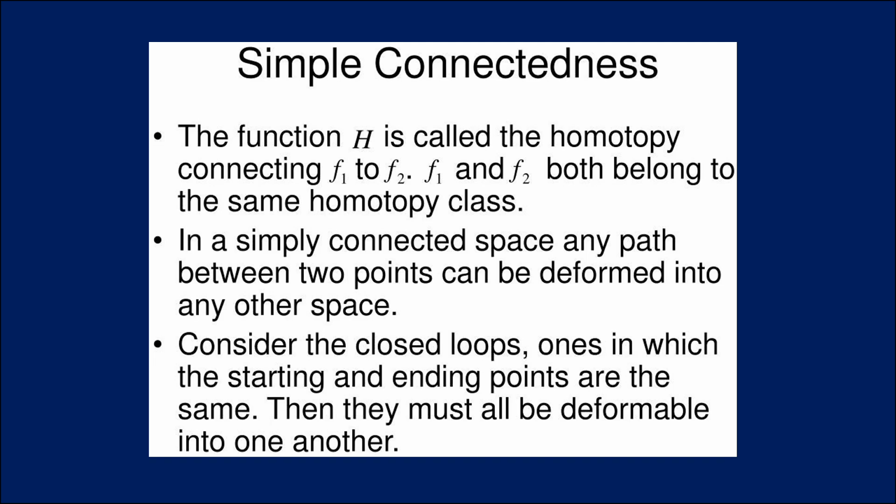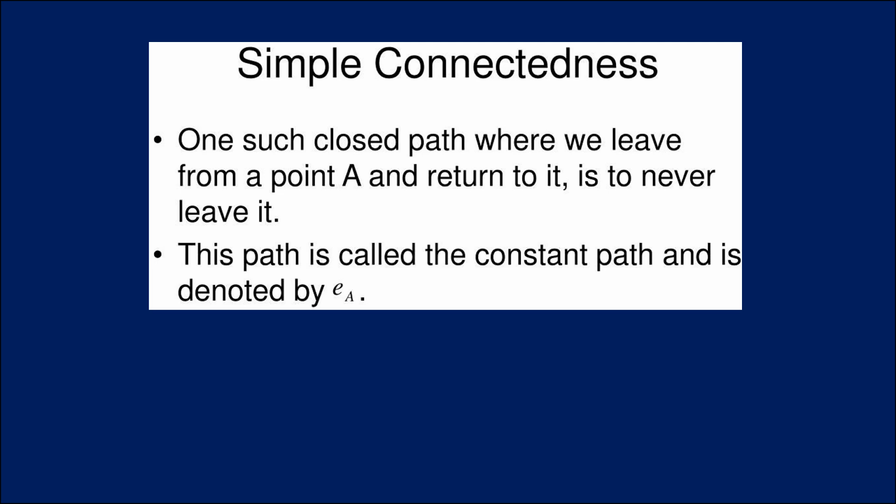The function H is called a homotopy connecting F1 to F2, and F1 and F2 both belong to the same homotopy class. In a simply connected space, any path between 2 points can be deformed into any other path. Consider the closed loops, ones in which the starting and ending points are the same, then they must all be deformable into one another. One such closed path where we leave from the point A and return to it is